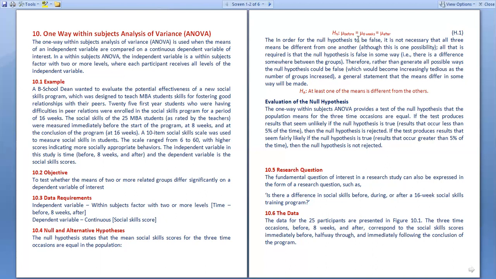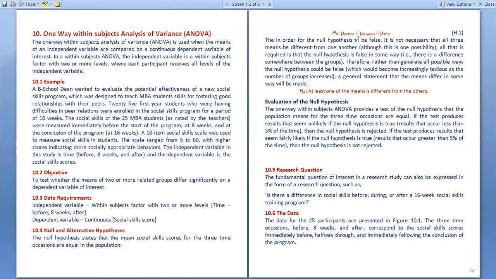The null and the alternate hypothesis, we are saying that for all the levels, whether it is before or 8 week and after, for all the three levels of time, the social skills of the students will remain same. So that becomes the null hypothesis. And when we say that at least one of these will differ from the remaining two, then that becomes alternate hypothesis. And as we know, if our significance value comes to 0.05 or less than that, we'll be accepting the